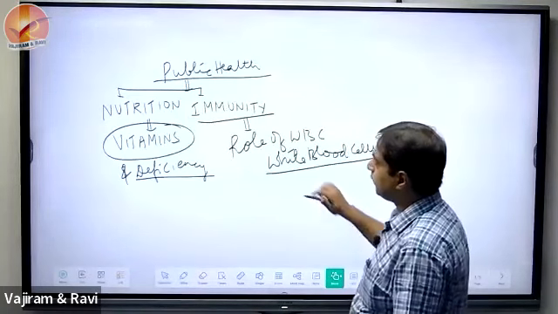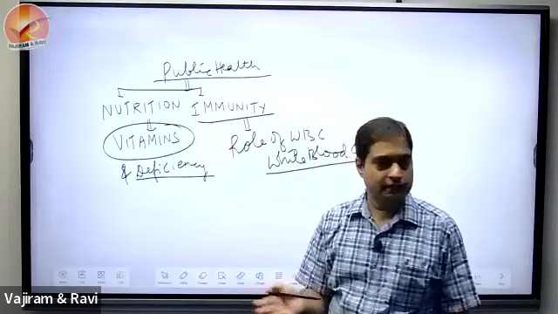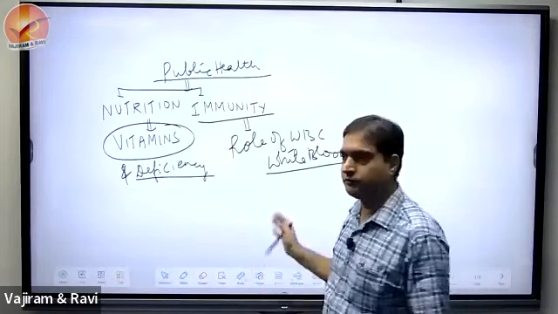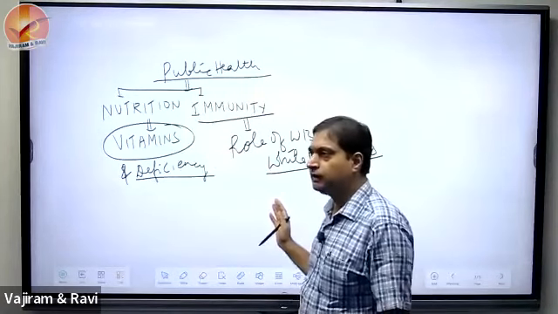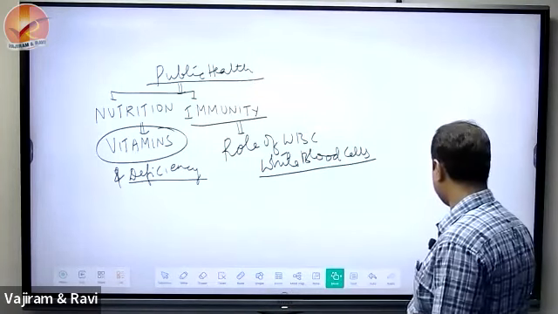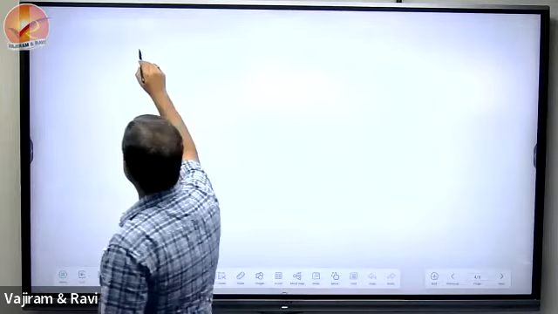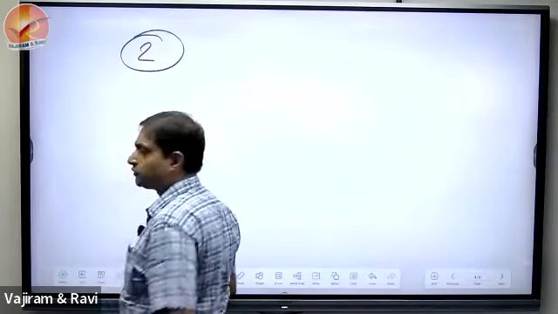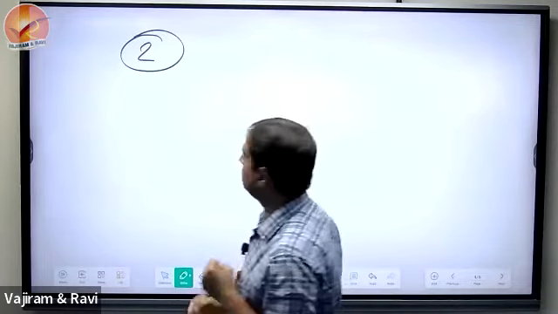So these two are important portions, a comprehensive portion related to public health, apart from the disease aspect that I have just written. So disease is there, nutrition, immunity, all these are interrelated. Now write the second one. So after biotechnology, public health, the next important chapter, write